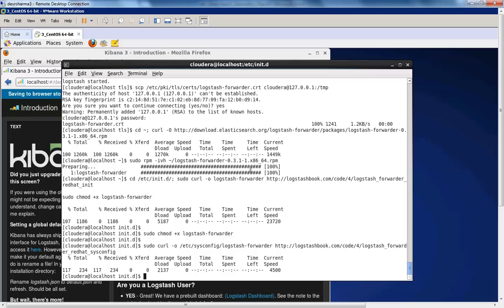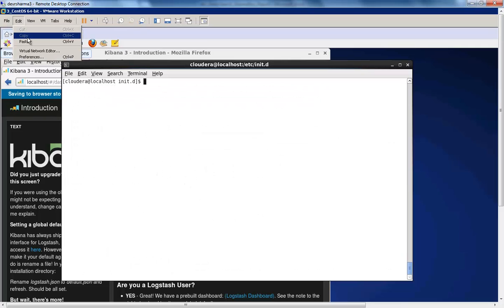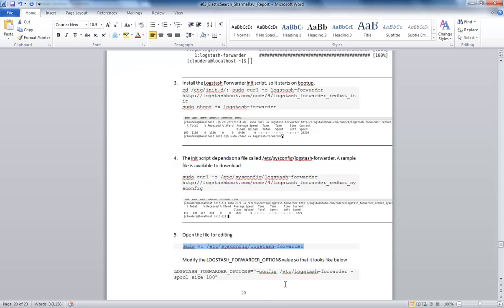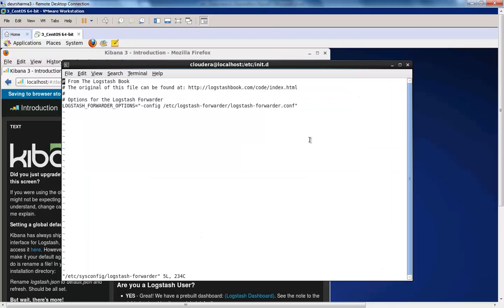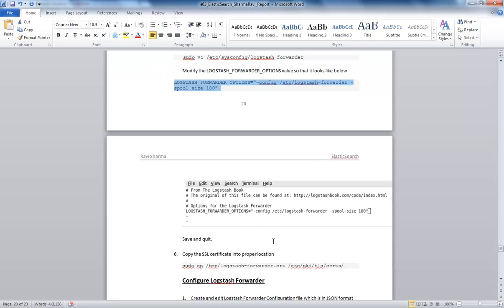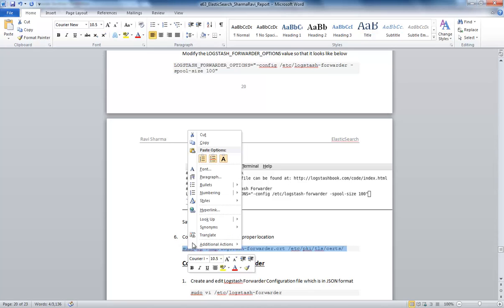Now we're going to modify the Logstash forwarder file so that we can see a spool size of 100. So we're going to copy this, and basically I will just replace it with this. And save this. Now I'm gonna copy the SSL certificate